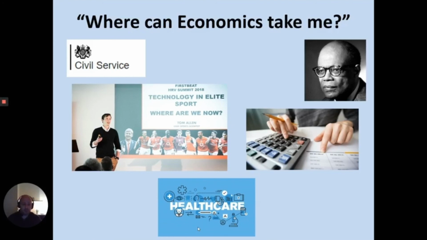And finally, in the top right, I'm going to let you do a little bit of wider research. Economics can let you create fields that never even existed. So I'll let you do a little bit of research on Sir Arthur Lewis in the top right of the screen there. He grew up in Manchester and essentially created his own field of study.